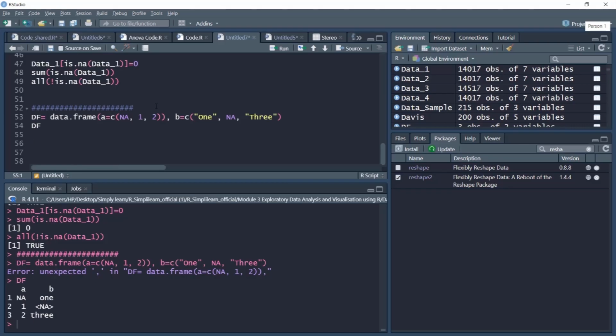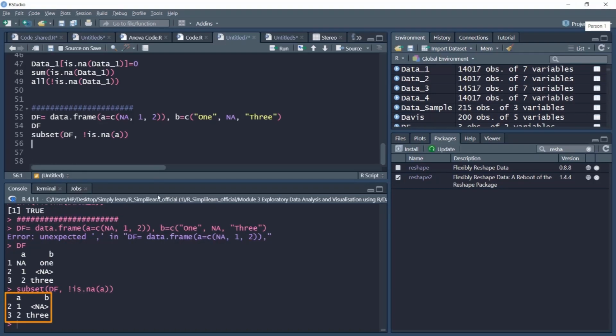Now one way to deal is to individually remove these NAs from individual columns. So for example, I can subset DF. There are different ways to do it. As we have seen, we'll use the subset command, and I'll select only those non-NA observations in variable A in the data frame DF. If I do that, notice the resulting output removes the row which contained NA in variable A, which was a numeric variable, and the remaining data frame is a 2x2 data frame instead of the 3x3 original data frame.